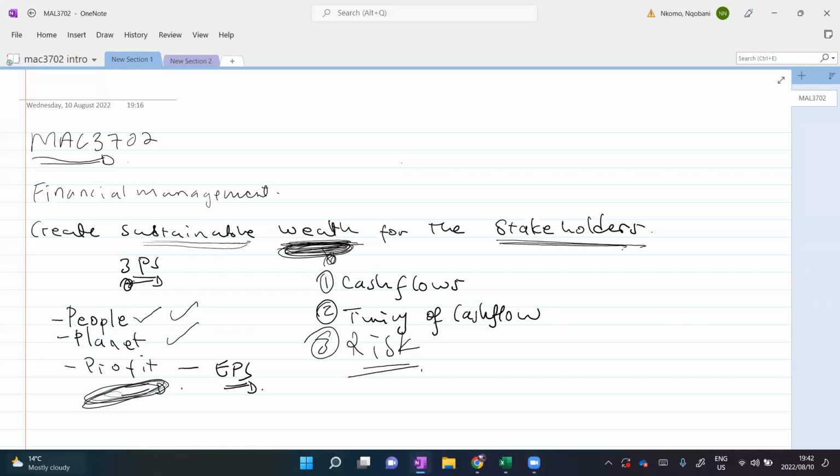So a stakeholder is anybody who has anything to do with the organization. It could be the employees, it could be the investors, it could be the government altogether, it could be the lenders of capital, which we can say are the investors in the entity altogether. So those are the stakeholders. So the organization is not only going to look at the people who put money in the organization, but it has to look at everybody. That's why we said we need to emphasize the issue of the 3 Ps, the people, the planet, and the